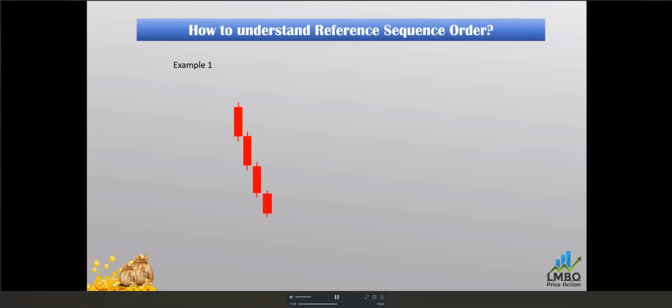So if you can find there is momentum of sellers, this is called the sellers momentum. Then you find the buyers enter, and then the sellers are stopped. This is 4 sellers, then 1. It is called the sellers stop. We count the sellers stop as reference number 1, that one time the sellers are stopped.